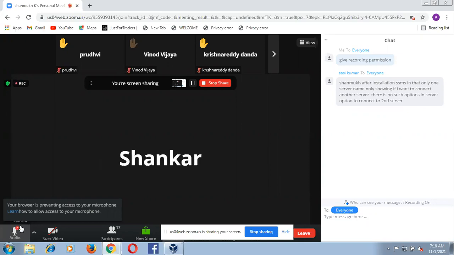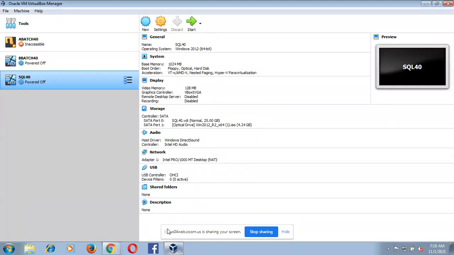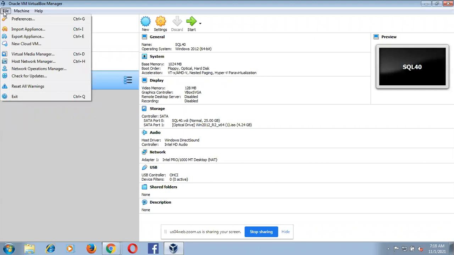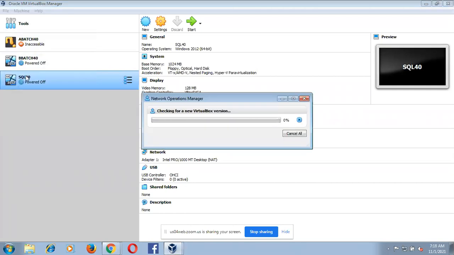Okay, Windows 7 first. Go to your Oracle VirtualBox Manager, not Zoom. Go to File, first option, check for updates. Have you checked whether virtualization is enabled or not?